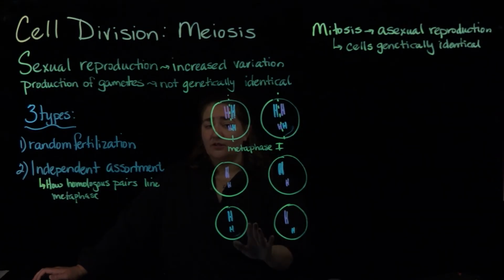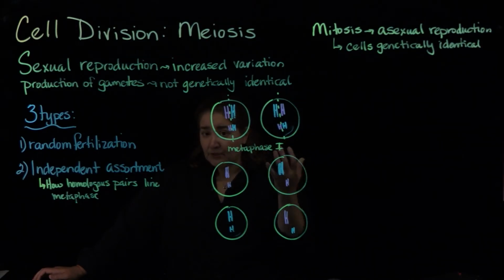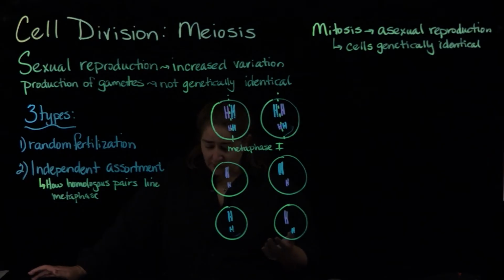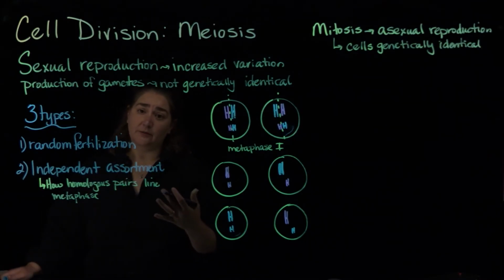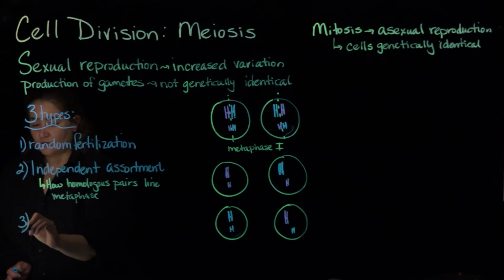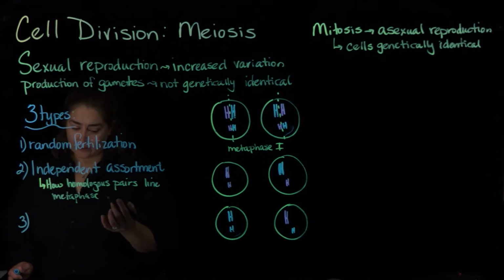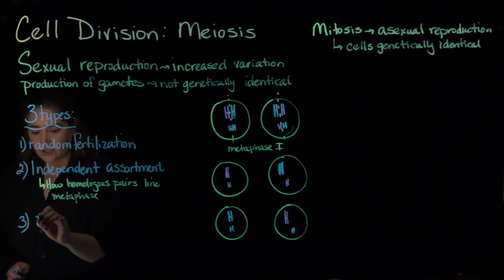All right, I've drawn it at metaphase 1. It would also be appropriate to put it at metaphase 2, because when those chromosomes line up on the metaphase plate again, there's going to be some assortment as to what goes where. All right, and that'll increase some variation. And with metaphase 2, the part that's going to play a little bit bigger role in the independent assortment at metaphase 2 is our third type of variation. Okay, and that third type of variation